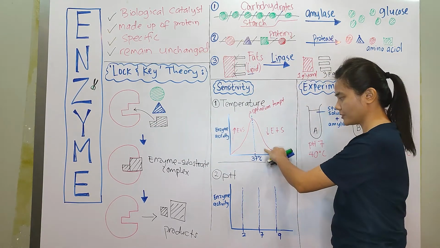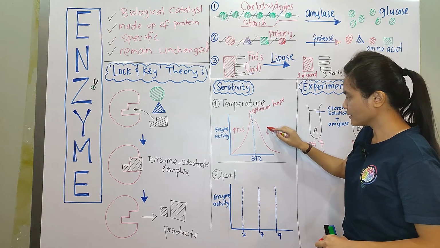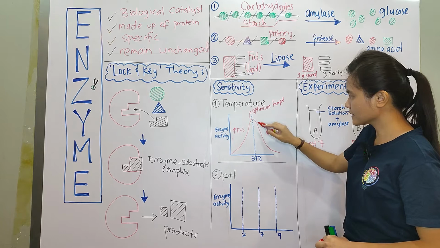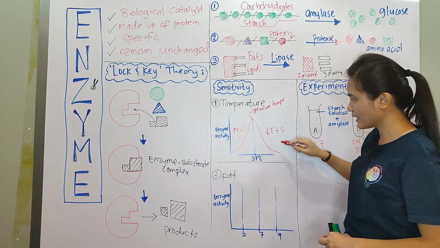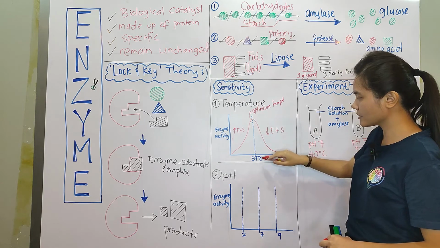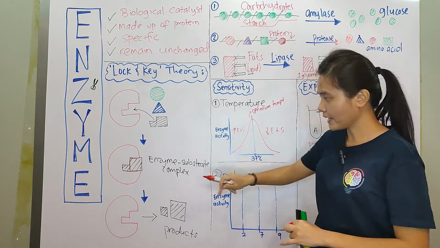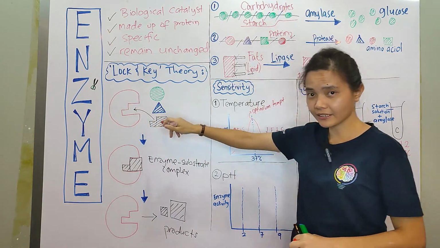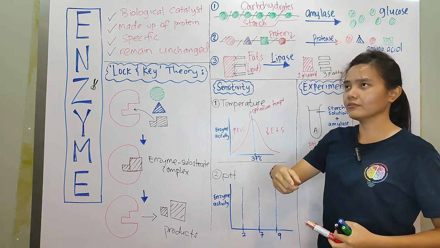But at higher temperature, the enzyme substrate complex started to decline, started to become less as the temperature goes beyond 37. Why? Because the enzyme here, the active site, like you,